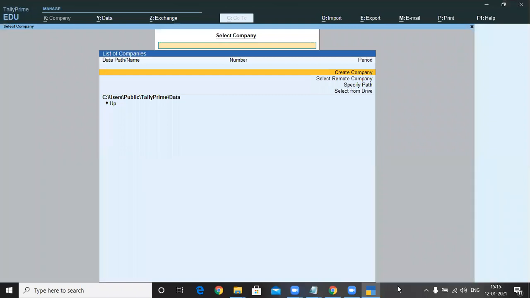Now, during the installation, I specified when you are working with Tally, it requires minimum 500 MB memory space.